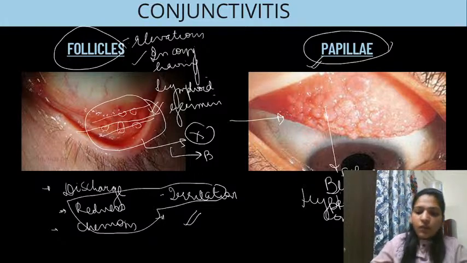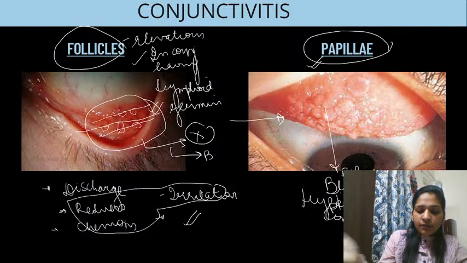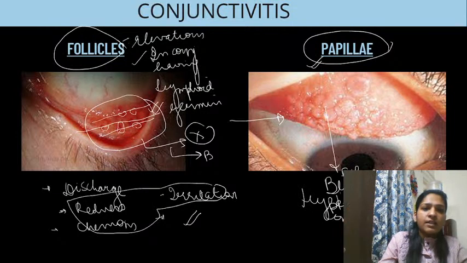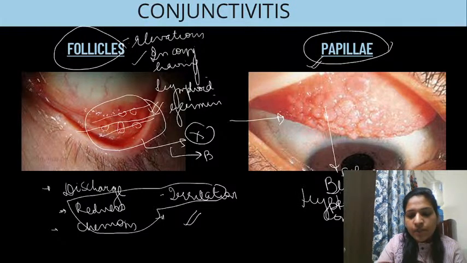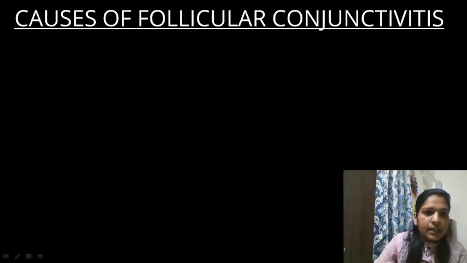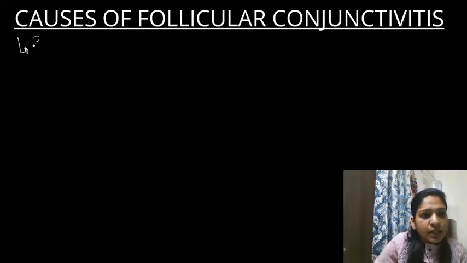Now there are various etiologies of conjunctivitis, and so it is difficult to understand which disease will have a follicular presentation and which disease will have a papillary presentation. So here I'll make you understand which disease will have which presentation. Whenever you see follicles on the conjunctiva, the foremost three diagnoses that should come to your mind are chlamydial conjunctivitis,